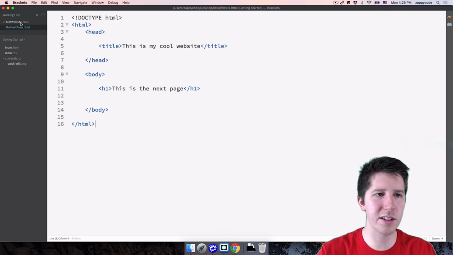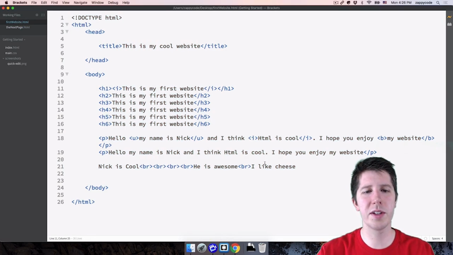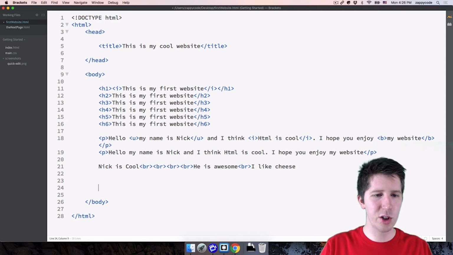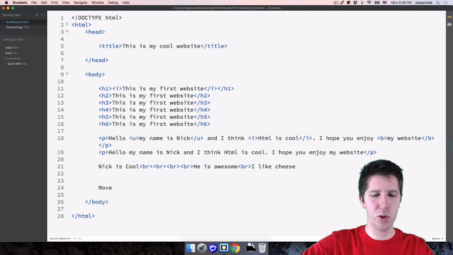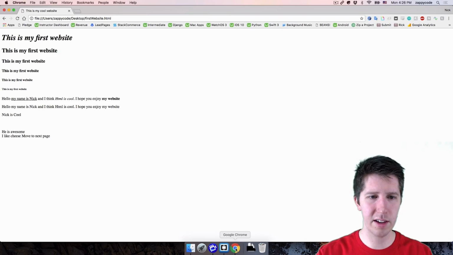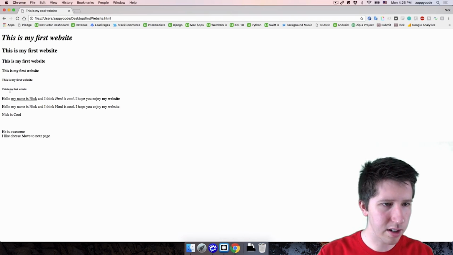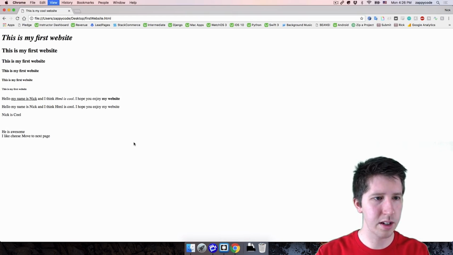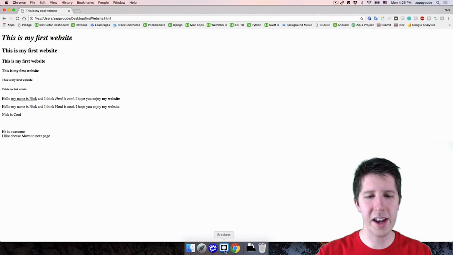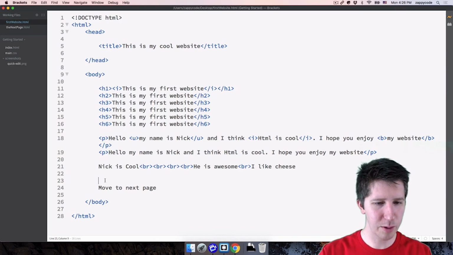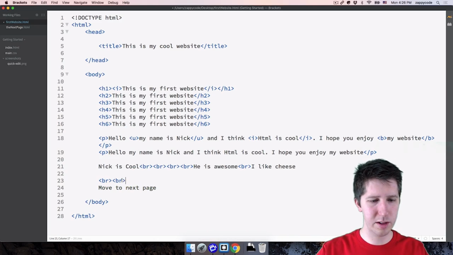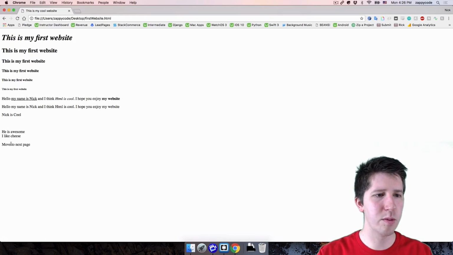But what we're trying to do is make it so that if we're working on this very first website, we could click on something and move on to that next page. So let me show you what that looks like. If we have some text, let's maybe say something like move to next page. All right, and we go ahead and save this. Let's see what it looks like. There it is. Let me reload this. Oh, there it is, move to the next page, but I didn't do a break. We just learned about that. I need to apply what I'm learning here. So I'm going to do a little BR tag. Maybe I'm going to do two of these just to make sure it moves down. And there we have it, move to next page.